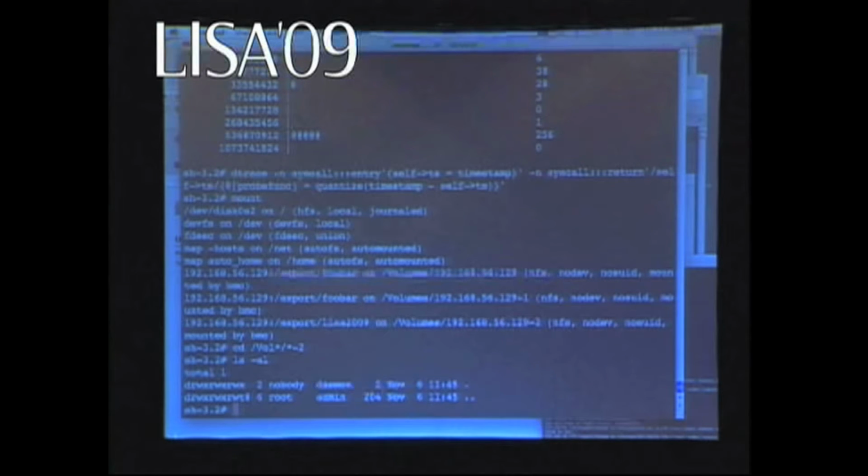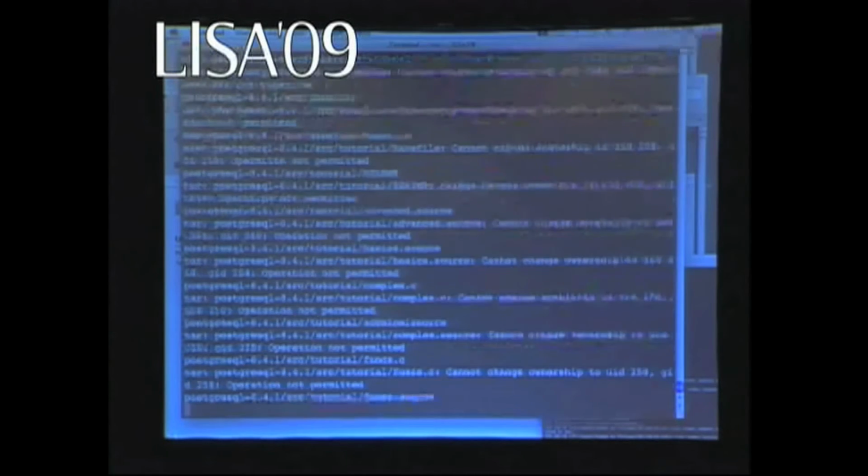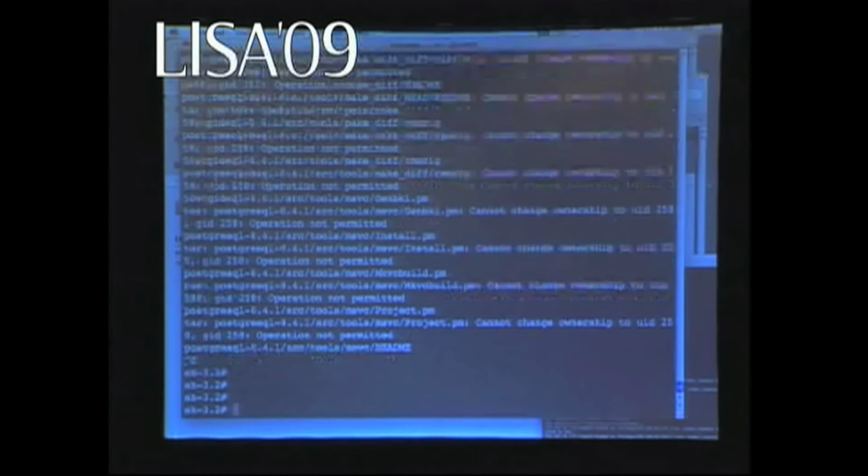Nothing here yet. I'm hoping that I've got, I think I downloaded the, oh no, I've got the Postgres source around here somewhere. Actually, I think it's a download, sorry. So what I'm going to do, there we go. Let's just do tar xvf. We'll just untar that guy. OK, that's unfortunate. Fair enough.